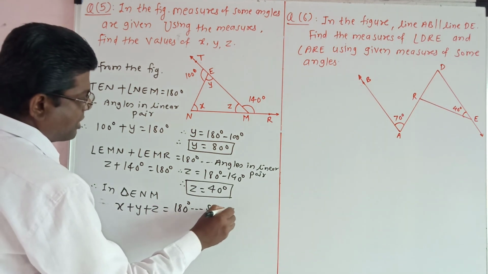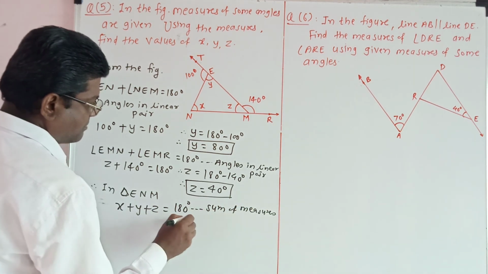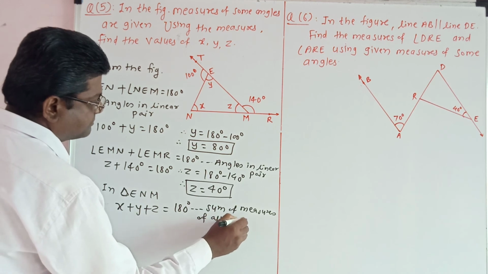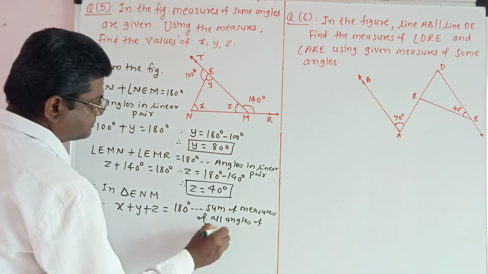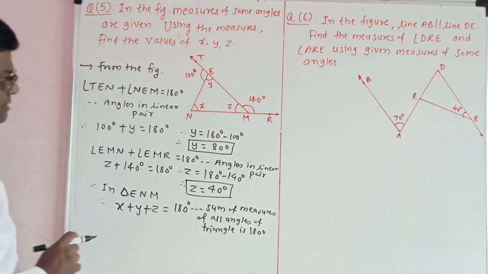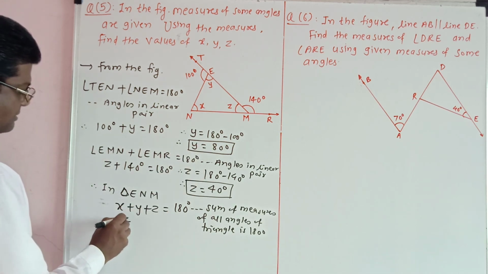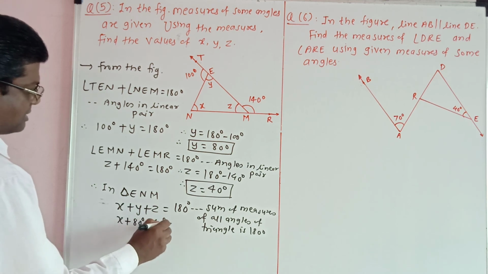Reason is the sum of measures of all angles of triangle is 180 degree. Now y is 80 degree, x plus y, 80 degree, plus z, 40 degree, is equal